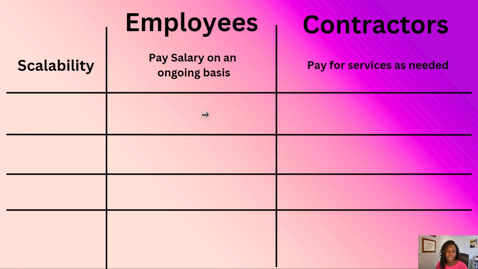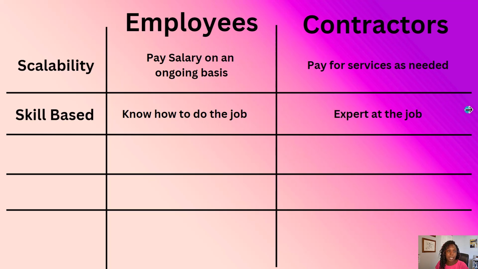So if you're in a time in your business where it's high demand and you need more man hours, you'll use that contractor a little bit more and also pay a little bit more. But if there's low demand or if you need less man hours, then you pay for less contracting services. Whereas with an employee, you're going to be paying that salary no matter what.